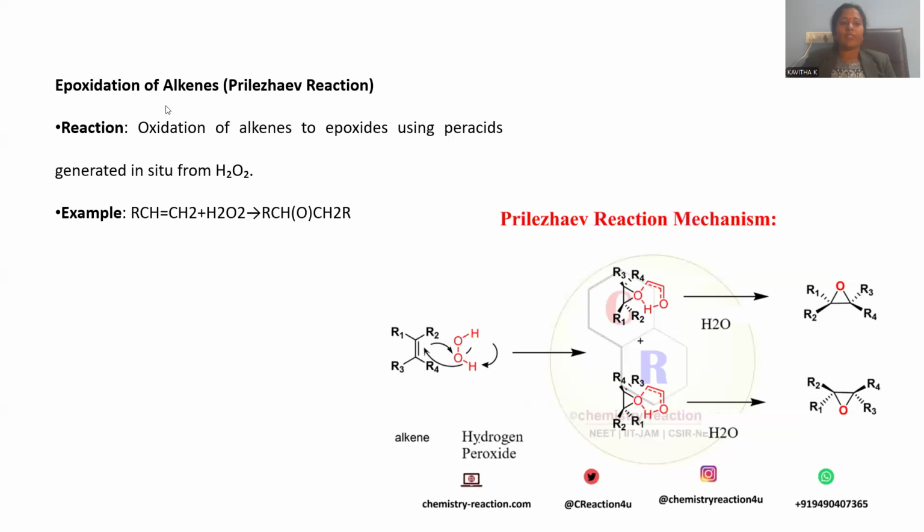And we have epoxidation of alkenes. Wherever alkenes are there, hydrogen peroxide is treated. There is a provision to react in a cyclic manner. A transition state will be originated. Eventual hydrolysis gives rise to epoxide forms. And this is the way epoxide formation is possible by means of the Prilezhaev reaction. So let me repeat. The Prilezhaev reaction, where we react an olefin with hydrogen peroxide, is able to give an epoxide as the product.